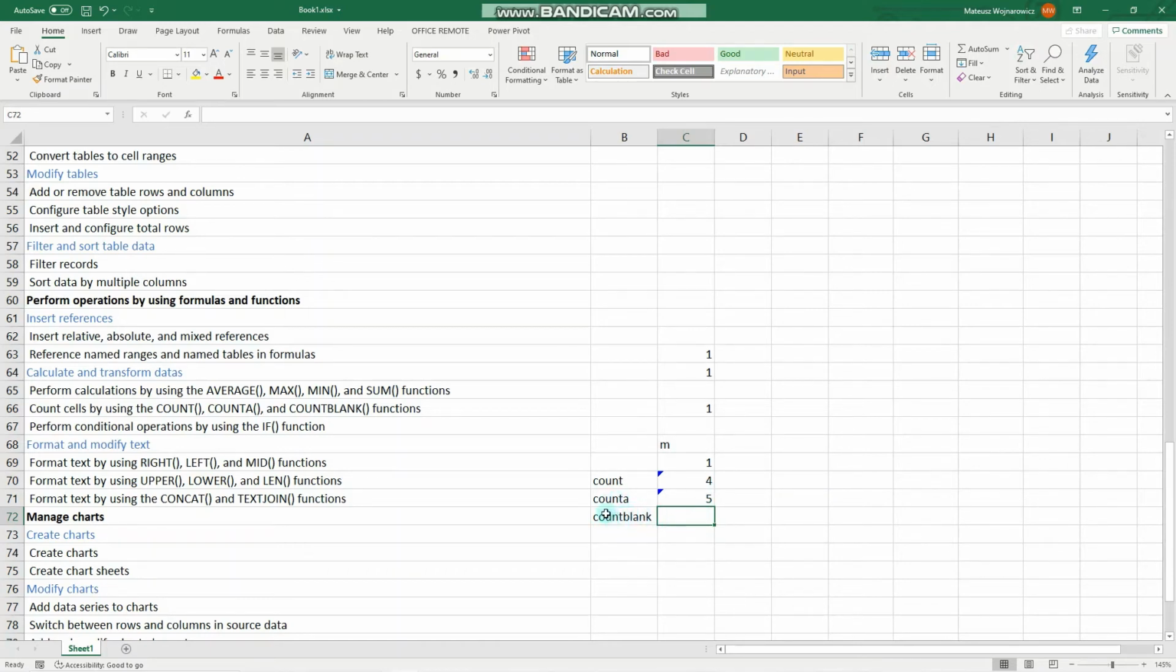And the last one, COUNTBLANK. I guess we can deduce it by its function name. So it counts all cells in a given cell range that are blank. In our case, it would be 2, this one and this one. So equals COUNTBLANK,